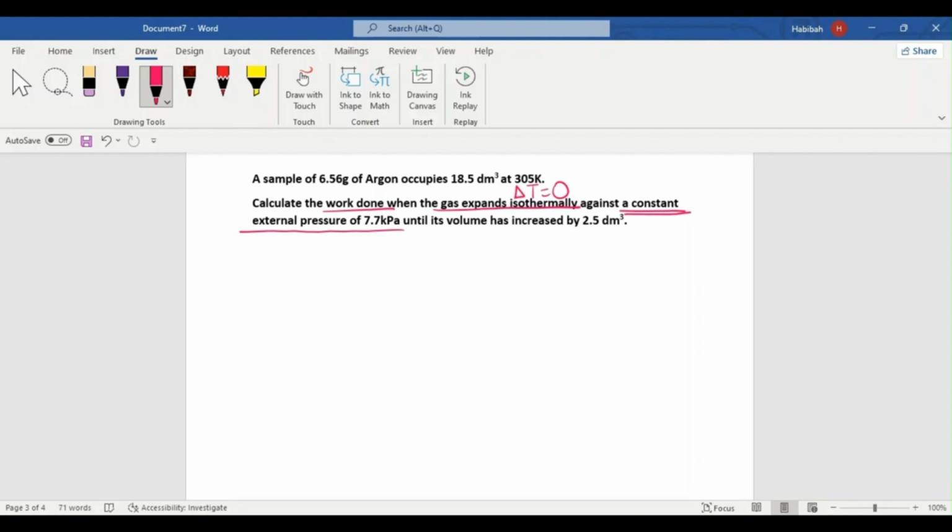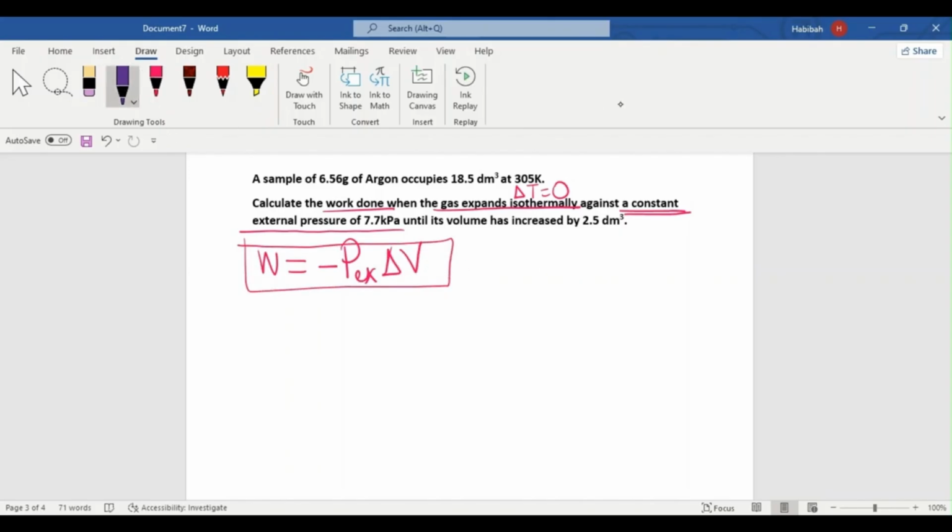Like in this case, we're given that. So you have two different formulas. So the formula for a question like this would be negative P external times change in volume. So this is all you need when you're solving a question that is an isothermal expansion against a constant external